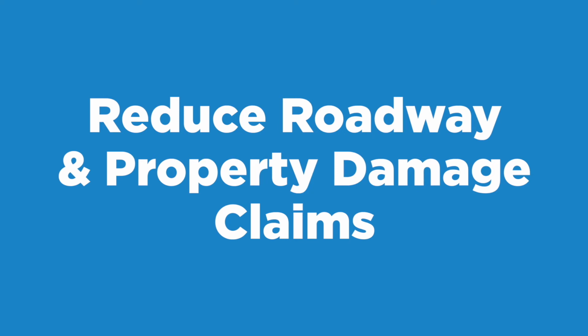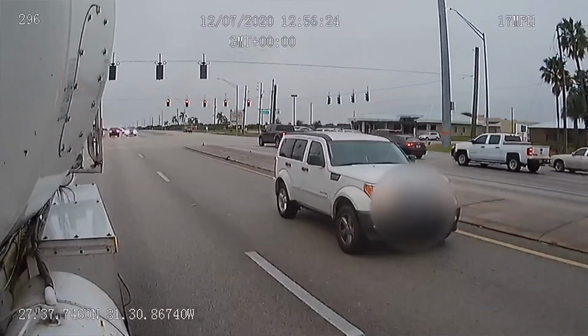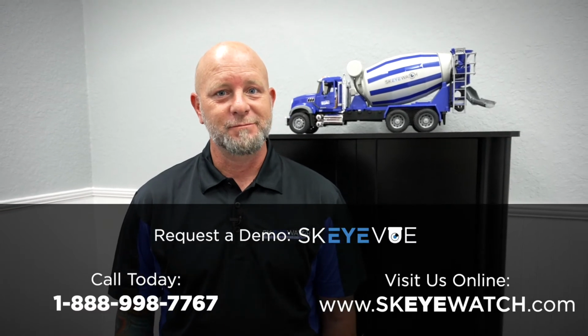Another major benefit of having SkyView in your cab is eliminating some of the disagreements with property damage or any fraudulent claims that may be put against your company or drivers. Really, overall, it helps protect everybody involved. So remember, if you don't have SkyView in your ready mix truck, you can't see